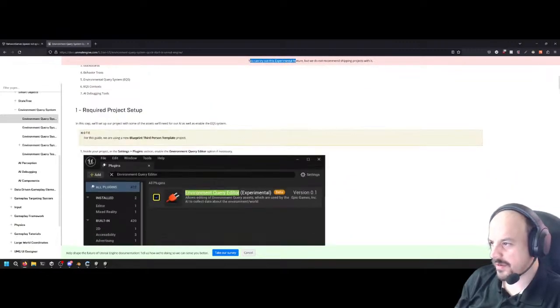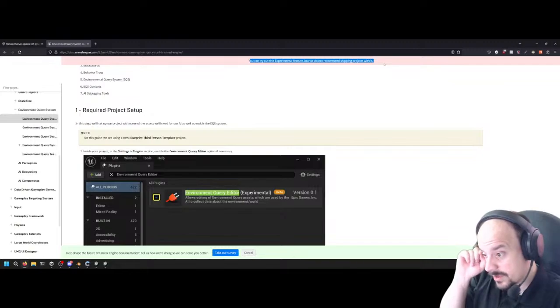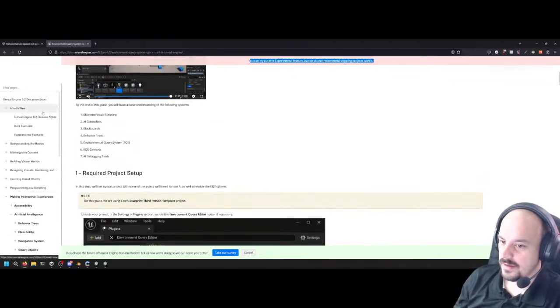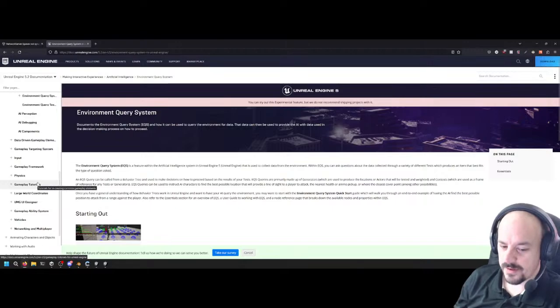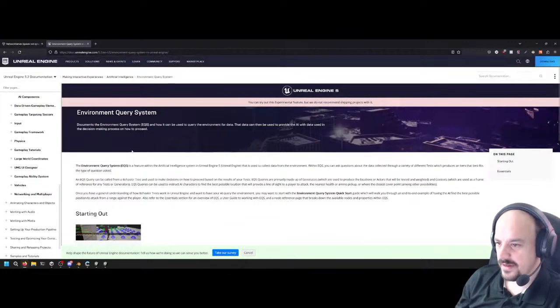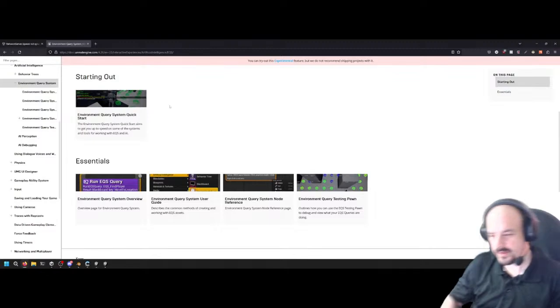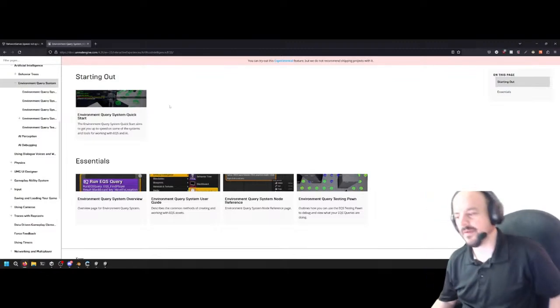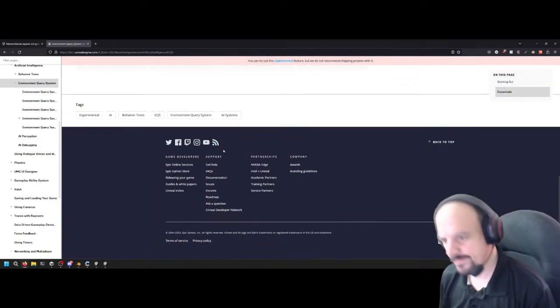Why is this considered experimental? We recommend not shipping projects with it. Why would it exist and be unstable for so long and still be in 5.2 if it's unstable? Better lube up before you get into that rabbit hole. No, I just don't. Yeah, it's just like, why would you have something stagnate for so long? It's like the nav mesh system on Unity. Why the hell did it take it so long to reach a point where it's usable?